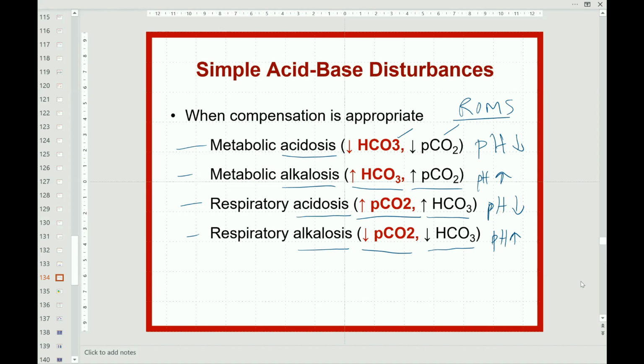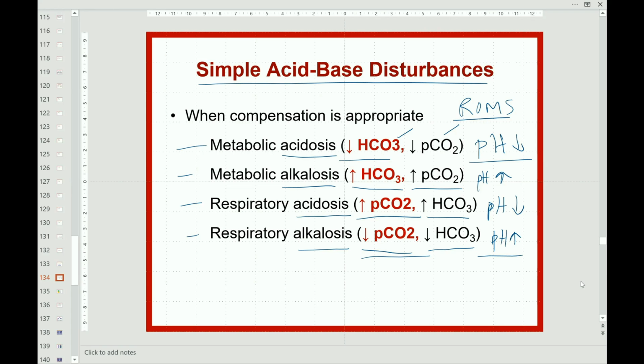This is in a simple acid-base disorder. Suppose it is not a simple disorder, the primary variable will follow the pH, but the secondary variable will be different. For example, when there is a low pH, the primary variable, bicarbonate, will be lower. Likewise, when there is a high pH, the primary variable, PCO2, will be lower. But it is the secondary variable that will not match exactly with the compensation.